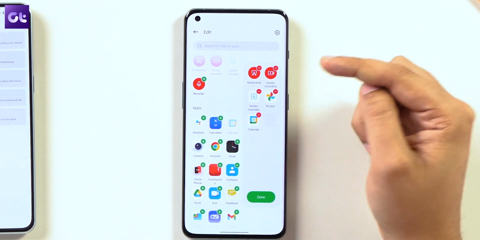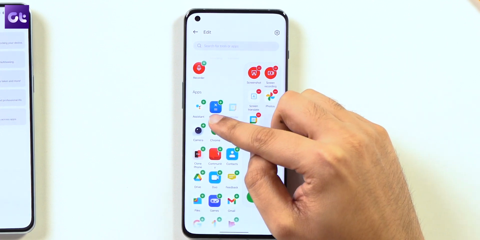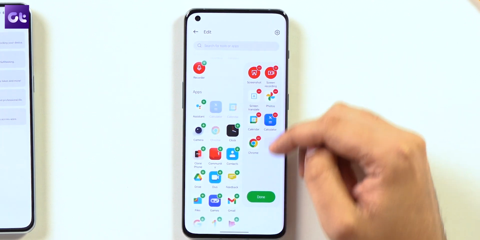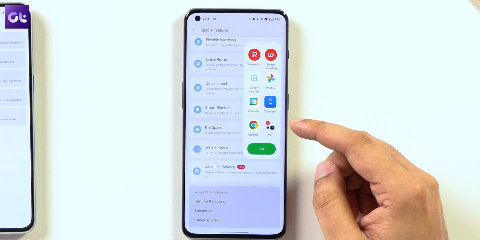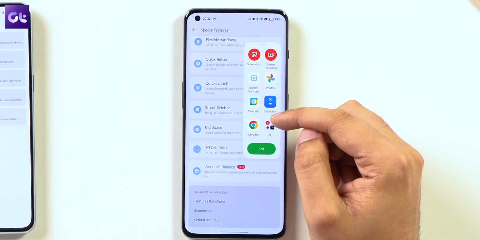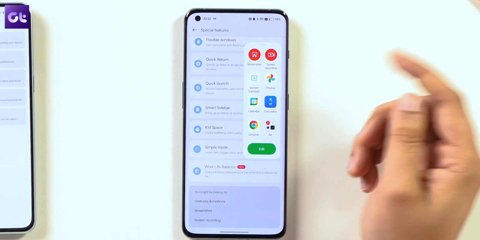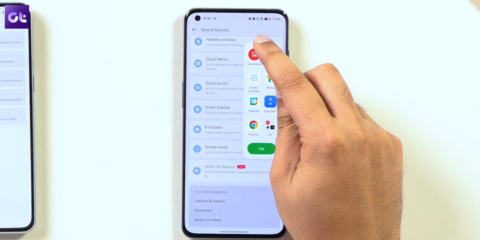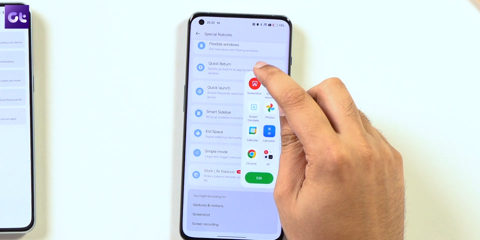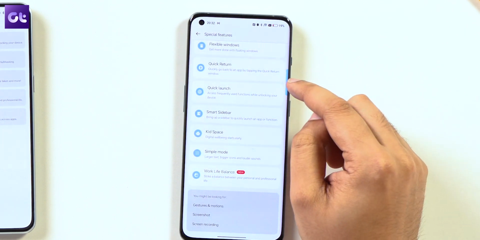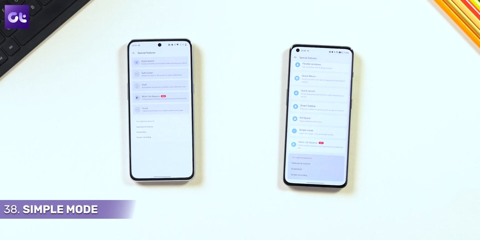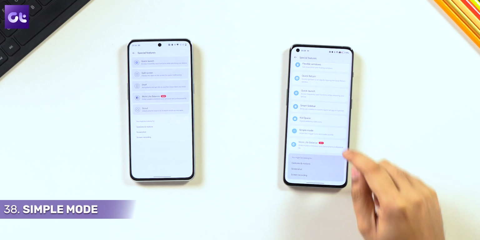If I put in calendar, if I put in Chrome, or I press done, then I can basically quickly access this particular sidebar and then open the app that I want from any screen. And accordingly, I can also hold this down and then shift it to wherever it does not lead to accidentally opening it. And another special feature which has been brought over from the Realme counterparts of OnePlus is simple mode,